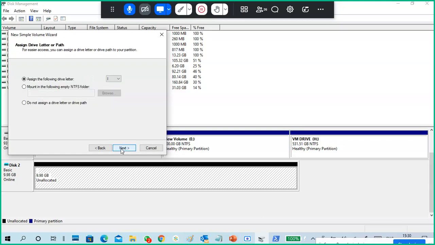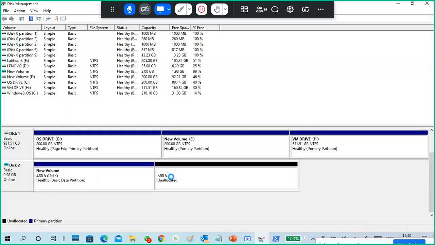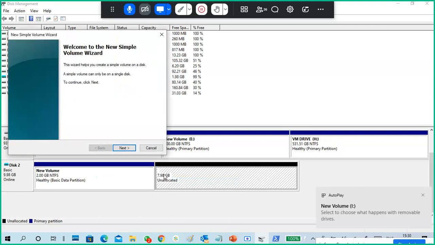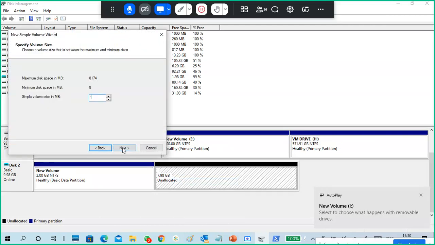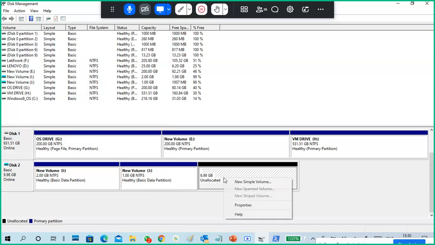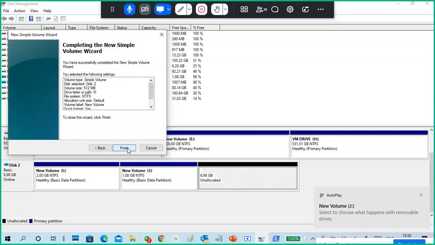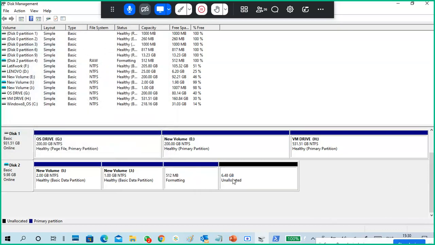You can take 1 GB, 2 GB like that. No problem. So 1 GB or 2 GB, but not a big deal. 1024. You can create in MB sizes also. If you want to create a 512 MB disk also, you can create just for sample purposes. So three disks are completed.